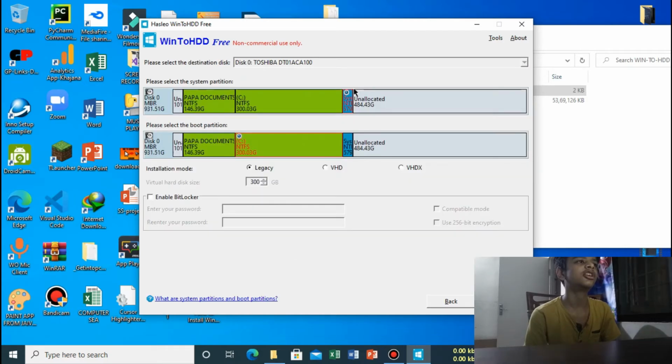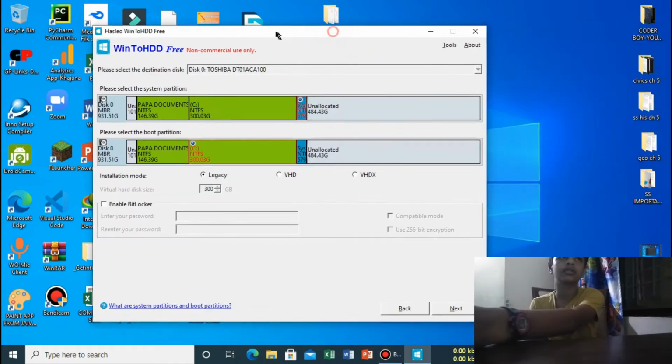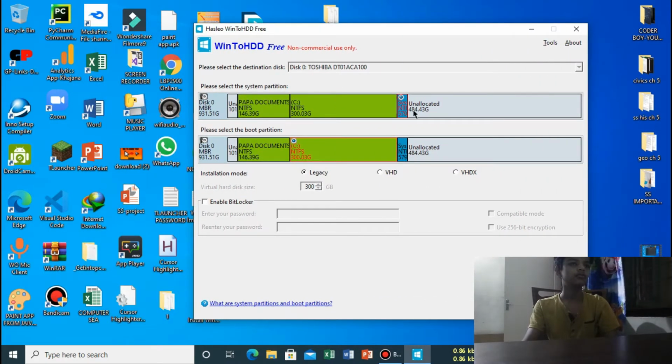Guys, this depends on the configuration of your PC, so give it time. So guys, now let's start the main installation of Windows 11. Now after you click on the next button, after you load the ISO and select the version, don't change anything here.